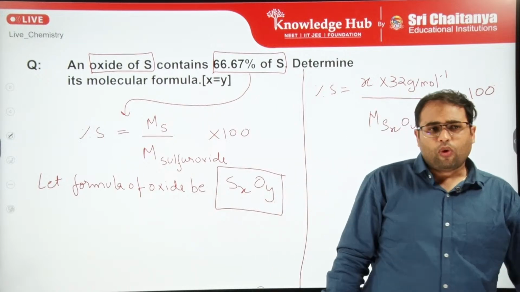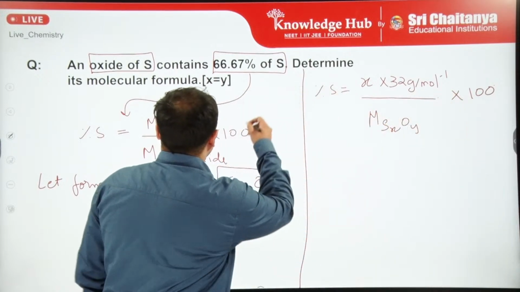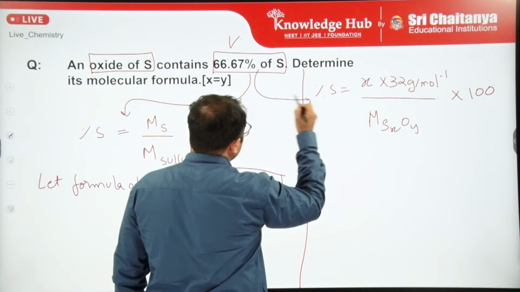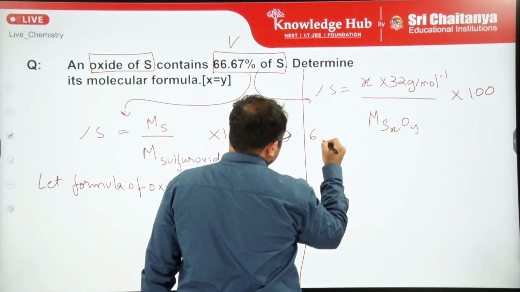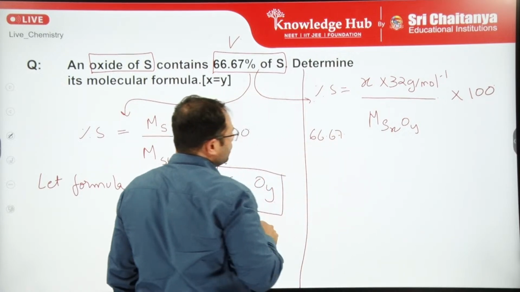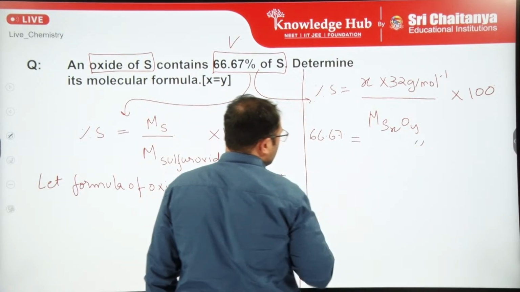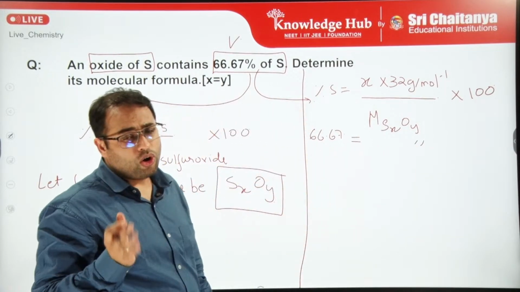Right. What is given to you in the question? See, this is given to you, which is the percentage of sulfur. So we can substitute it here, 66.67, right, equals to this whole thing. Now 66.67 can also be written as,